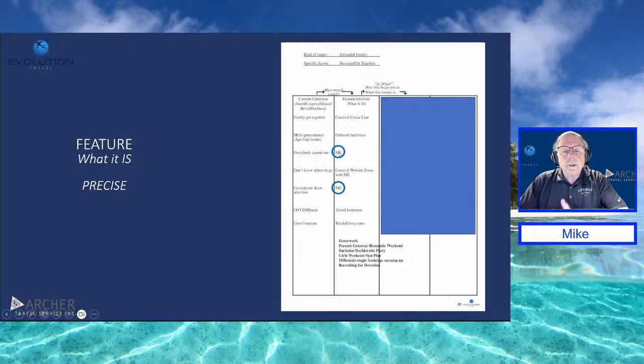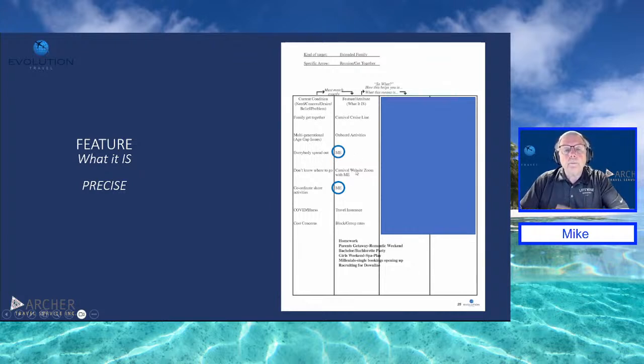So your job is, everybody's spread out, so you're the one that's going to make the travel arrangements. You're going to want to get in touch with everybody. You're the one that's going to handle all the travel documents to make sure it's all correct. They don't know where to go. Who knows where they want to go? They might want to go to Disney Island. They might want to go to a Caribbean cruise. They might want to go on a European cruise. You don't know where they want to go. So the feature would be, you can